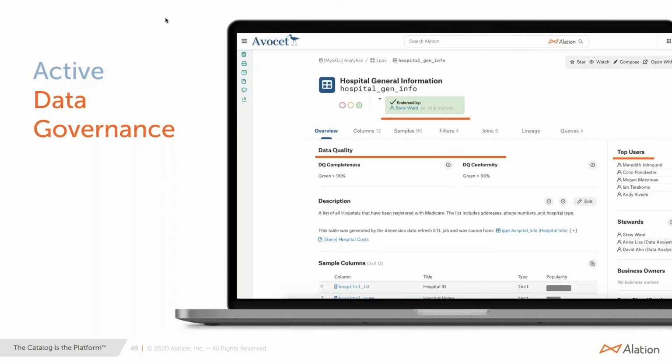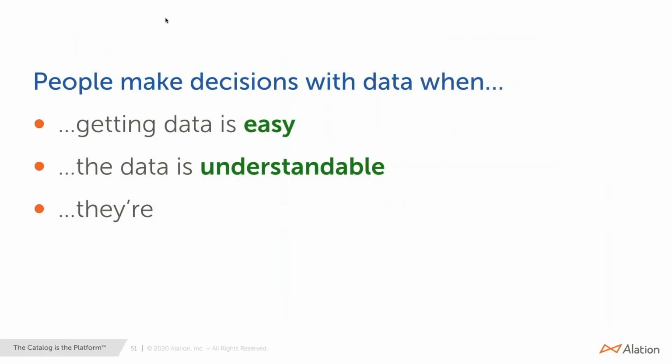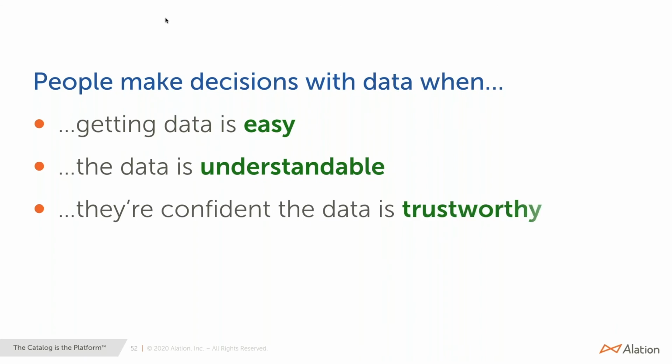I can complement that information with social behavioral metadata, again gleaned from parsing the query logs. Alation will tell you who's using this data set, how often the data set is being used. Generally, things that are used a lot by good people tend to be trustworthy, and we can complement that with these endorsements and data quality indications. And so that is super helpful to make the data not just easy and understandable, but also trustworthy,